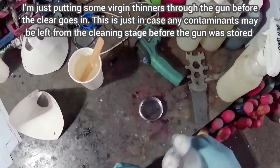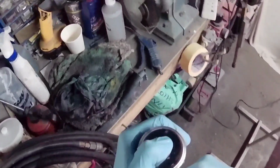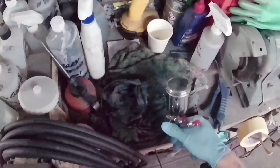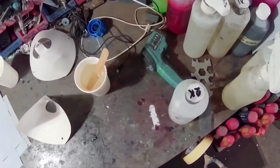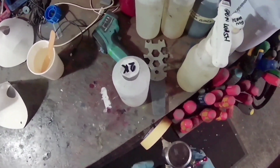When you put a coating on, you're putting on loads of small droplets, and those droplets have got to merge into each other to make a coating. And I find that warming it up does a few things. One of the main things it does is it allows that flow to be greater, but it also starts the clear coat going off quicker. It obviously depends on the clear coat, and the temperature, and how much you've got to do, but it allows the clear coat to flow out, reach a nice even gloss, so a nice flat finish,